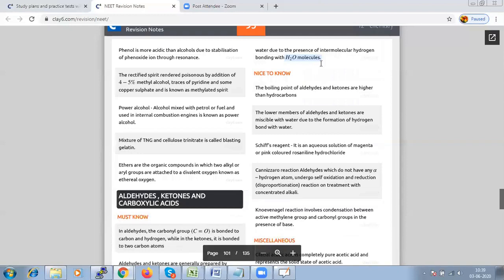And in the same way, when we talk about the melting point, it shows an unusual behavior. Whichever has an odd number of carbon atoms will have a lower melting point, and a high melting point with an even number of carbon atoms. This unusual behavior exists because of the symmetrical structure.